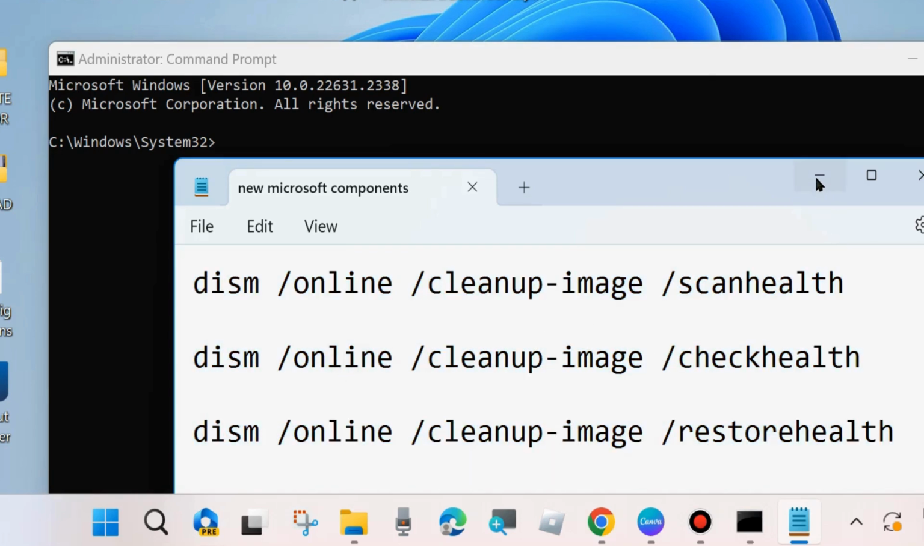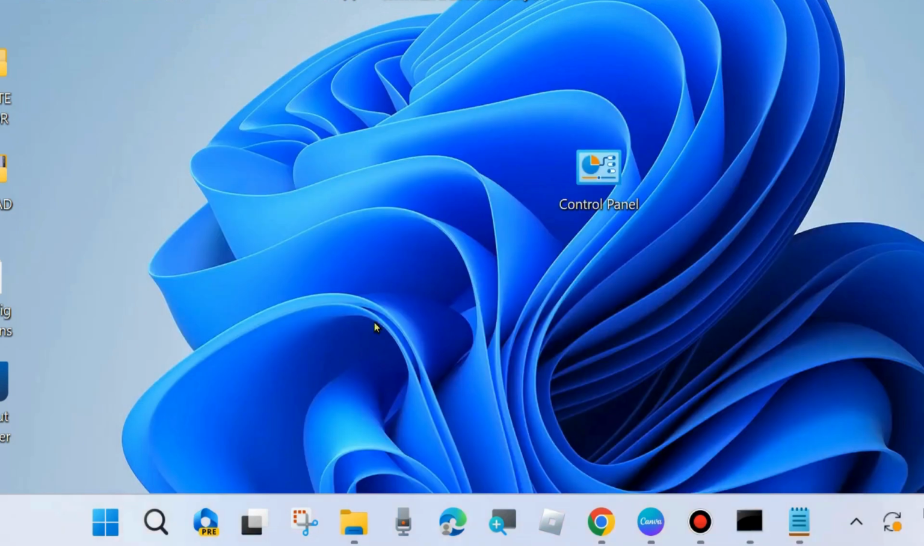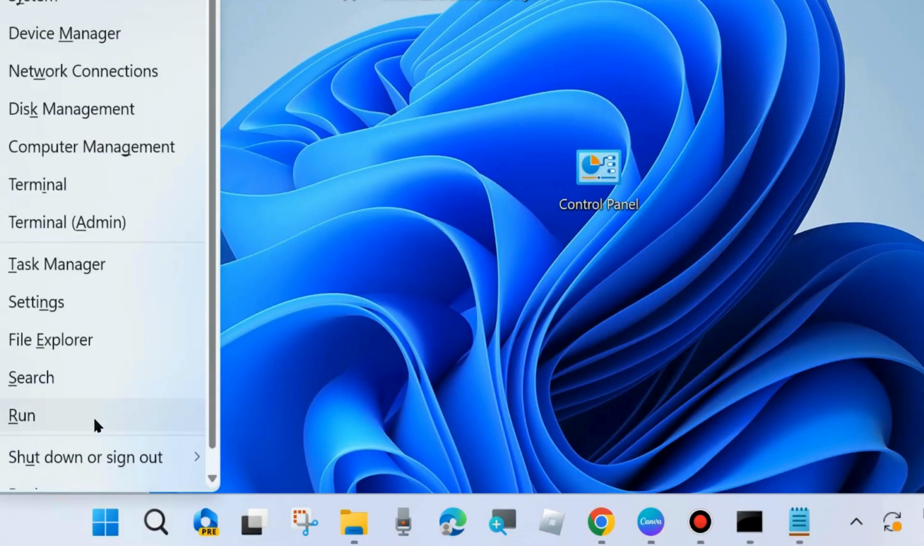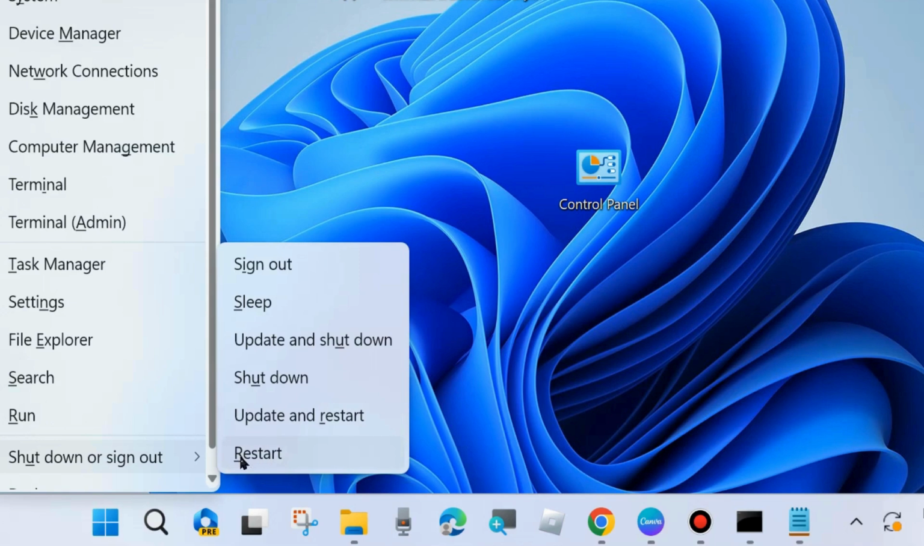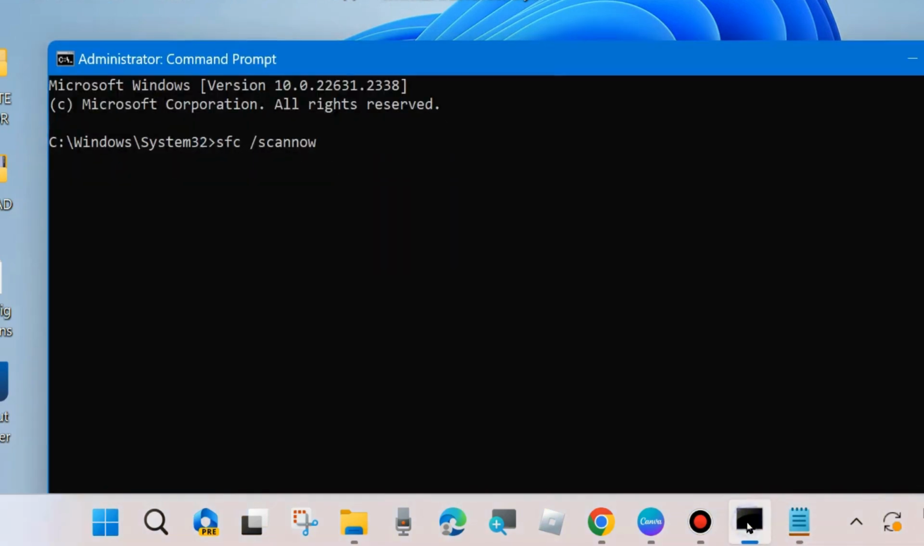And once successful execution of these three DISM commands, execute the command sfc slash scannow and press enter. It will scan your computer for any corrupted files and repair them accordingly. After that, restart your system and check whether your Windows update failed to install error resolved or not. If not, go to the next fixes. Same process. Don't forget to restart your system and check if your error is still there, then again go to the same command prompt windows